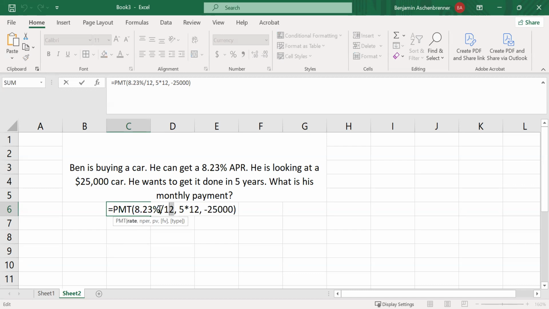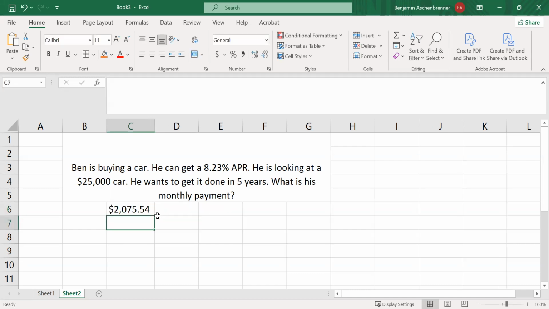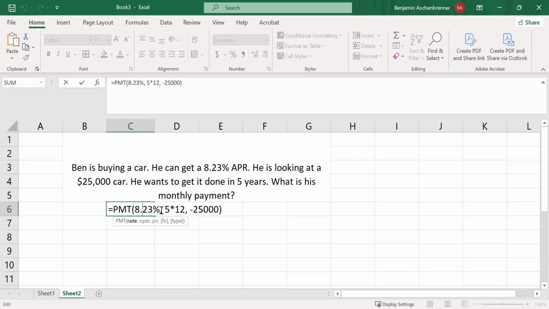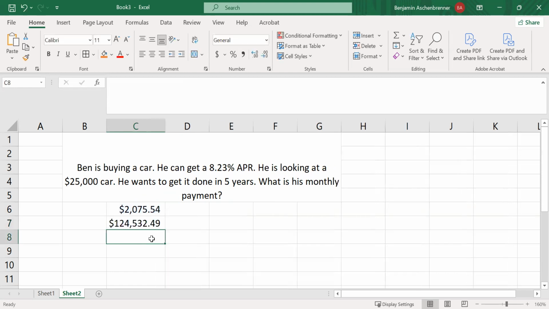Common mistakes: forgetting to divide by 12 should be a very noticeable difference. This is not a reasonable car payment. This is a very crazy car payment. I mean, this is like millions of dollars for your car. And you would notice that if you multiplied the 60 times this number, right, that this